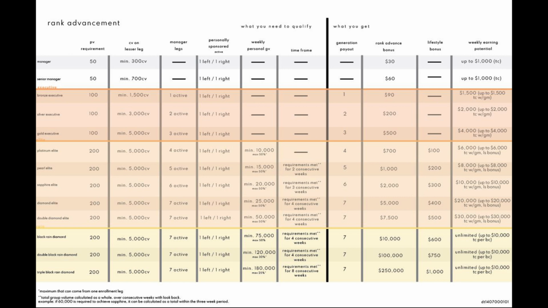Stepping up one more, for a double Diamond Elite, you must have a group volume of 50,000 CV for 4 consecutive weeks, or have a total of 200,000 CV within 4 weeks. Here, you don't need any more manager legs, so it'll still be 7, just like with Diamond. What you receive: a generation bonus is also paid from the depths of those 7 generations. You get a rank advancement bonus of $7,500, and you receive a regular $500 weekly bonus on top of that